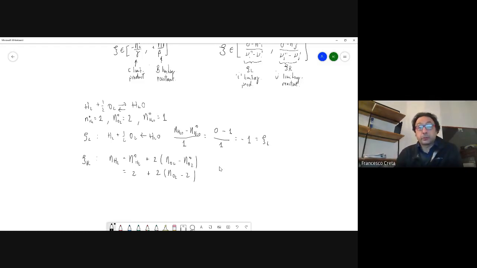And all you have to do now is draw the usual graph where essentially you have number of moles of H2 here, number of moles of O2 here. They're both starting at 2 moles. Okay, but if you draw this line, you'll soon realize that the limiting reactant is hydrogen. Okay, it's the first one to be depleted. And therefore